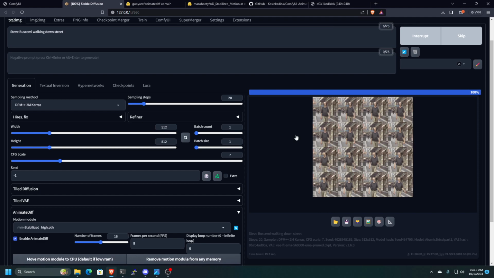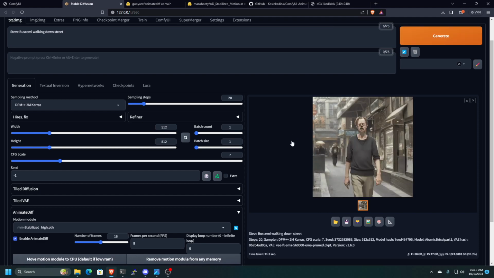Let's see how it turns out. Yeah, see? It kind of has just a vague idea of what walking is. And so kind of the difference with